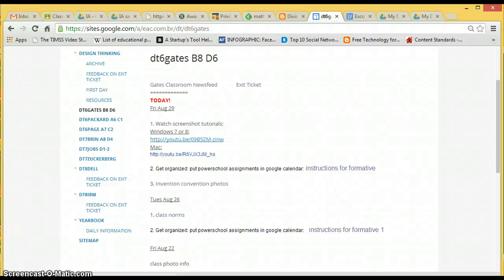This is a YouTube version of how to copy your assignment calendars from PowerSchool to Google Calendar. First of all, the instructions themselves are on your class site. They're called Instructions for Formative. So you open those up,